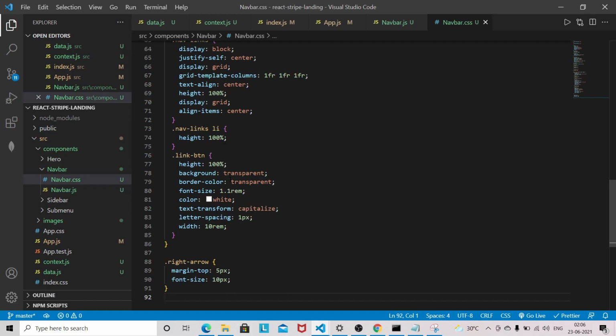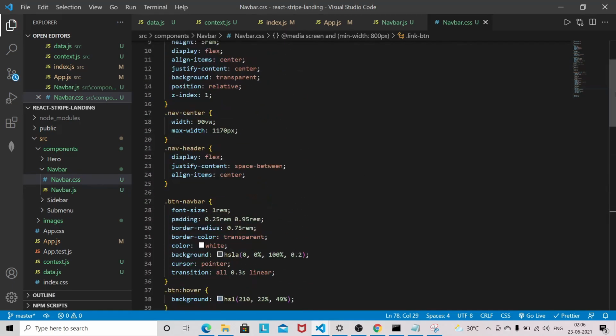All resources related to this application I will provide with a separate GitHub link. You can check the link in the description. So let's go into the browser now, and our styling got applied.